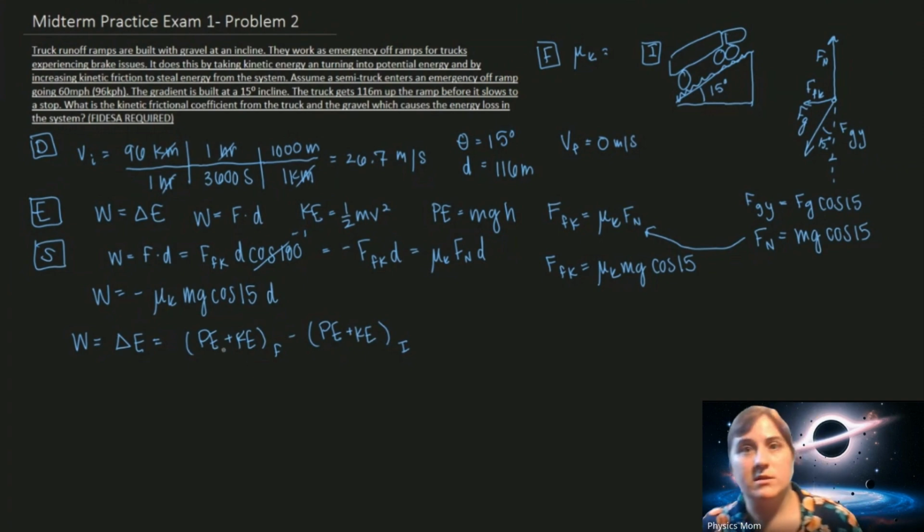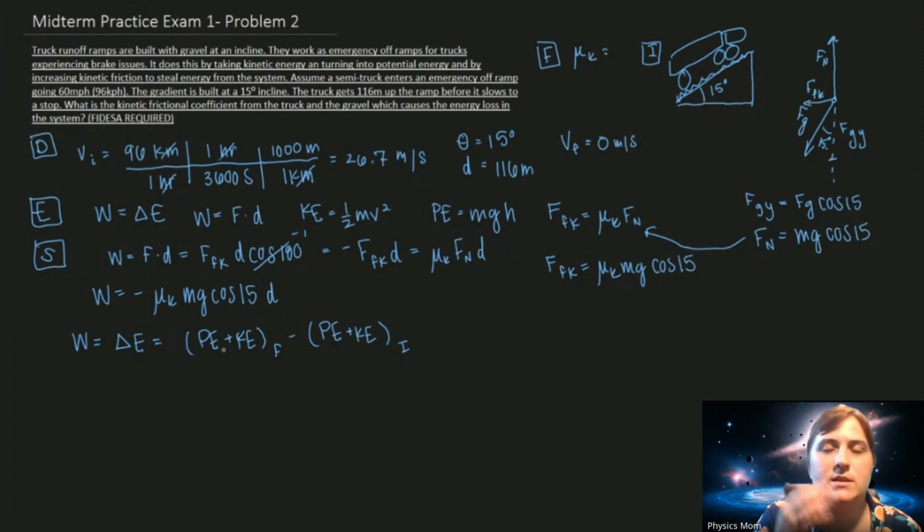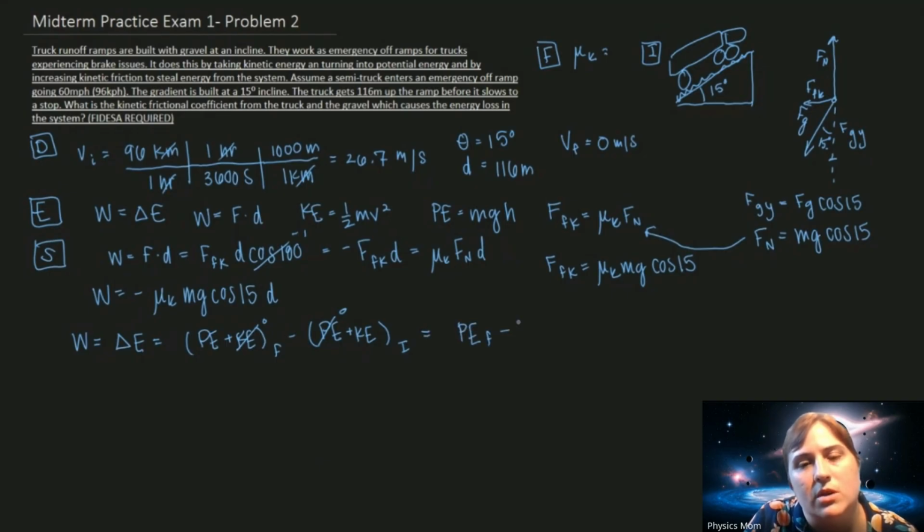At the beginning of the system, when the truck is at the bottom of the ramp, it has no gravitational potential energy. That is 0. And then at the height where the truck stops, it has potential energy, but it no longer has kinetic energy because it stops. So my second work expression is going to be the final potential energy minus the initial kinetic energy,